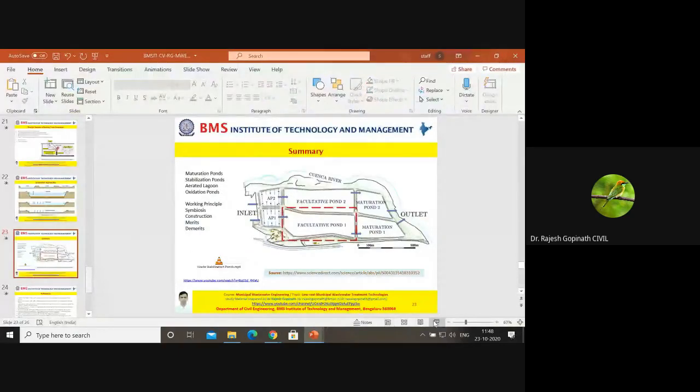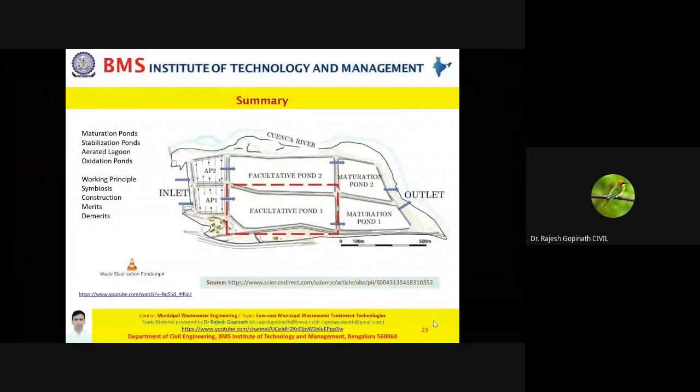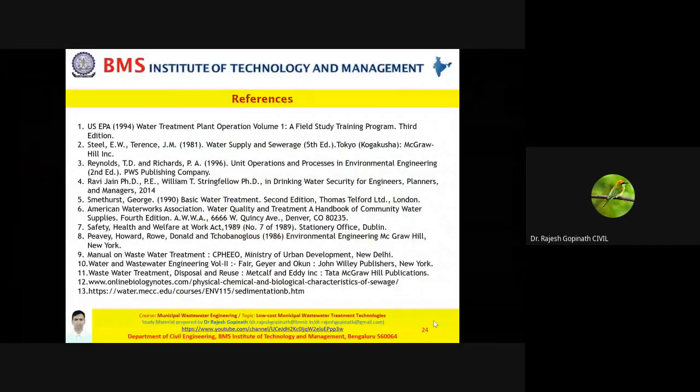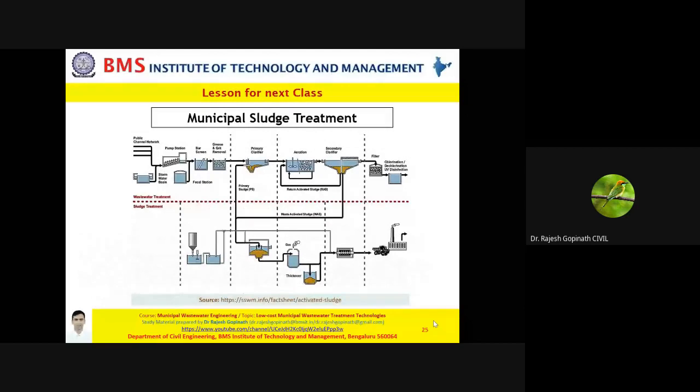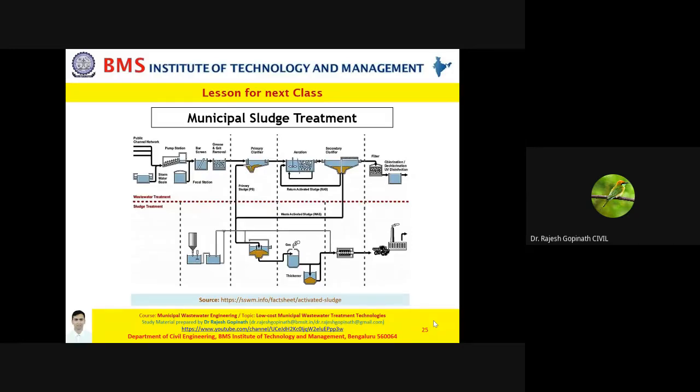So friends, I believe that this is a good recap of the presentation, and these are the references that I've gone through for today's class. In the next class, that is Tuesday, we shall be discussing sludge treatment. Whatever wastewater is being treated, eventually one form of it is produced as sludge, whether it's a primary clarifier, a secondary clarifier, whatever it might be. So these sludges need to be disposed of in a safe manner. We shall discuss this in the subsequent class.